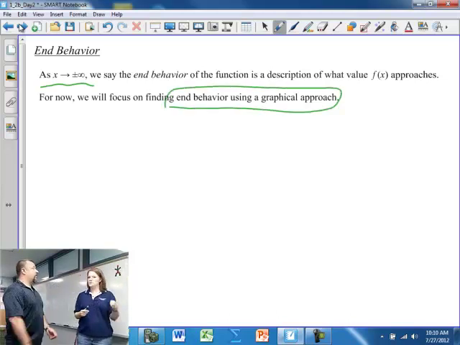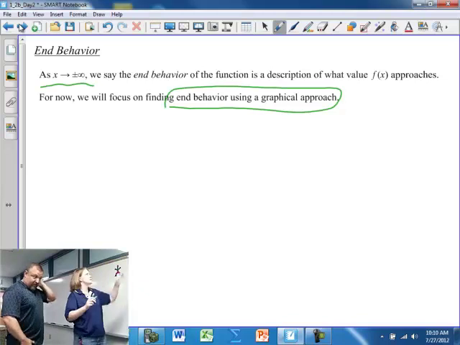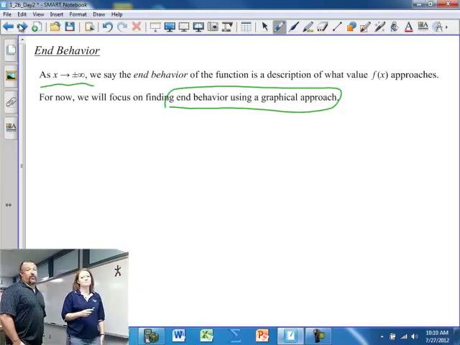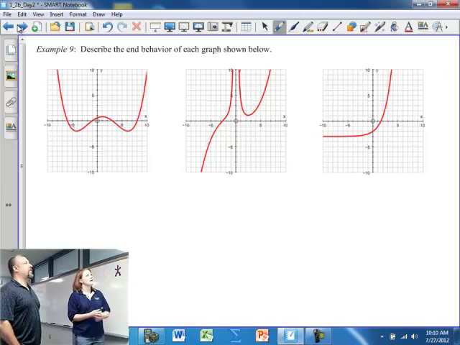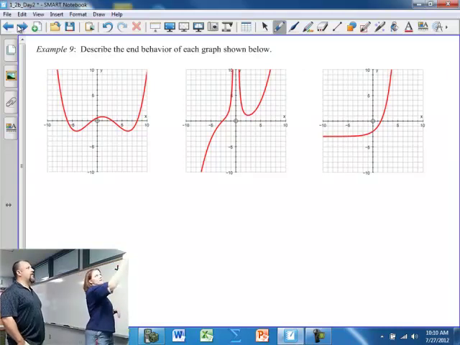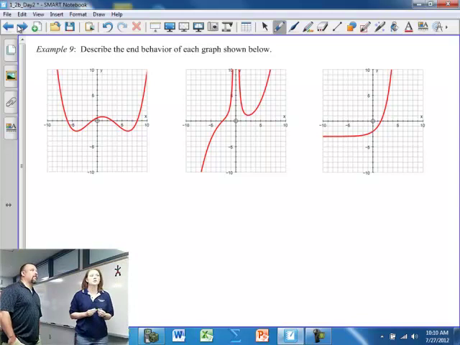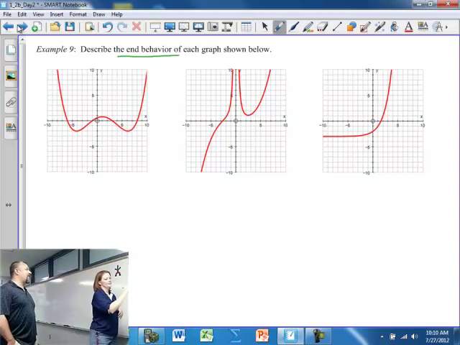Okay, so we're going to be doing end behavior with a graphical approach for right now. Again, back to those rational functions. We'll deal with those in a later chapter. We're going to eventually try to do this without a graph, and we will. So for right now, we're going to describe the end behavior of each of the graphs